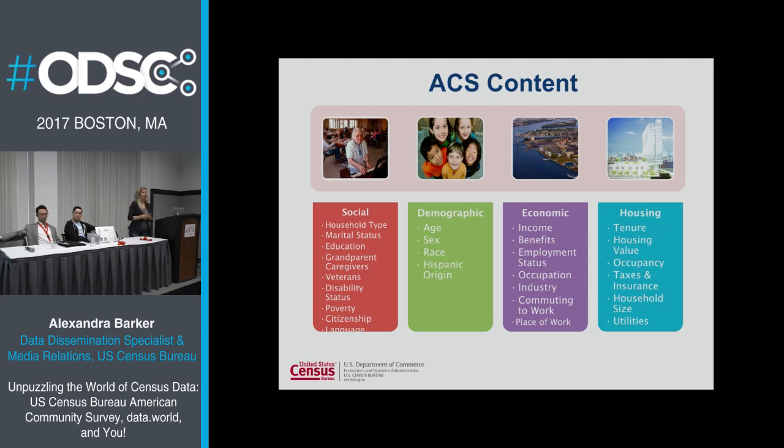So starting with the basic content of the ACS, which is divided into social, demographic, economic, and housing. It's a good point to know what's there. These are just the basic topics. Within each topic, you see more variables associated with it. So the best way is really exploring our website and learning about the ACS. That way you don't spend like 8 hours reading documentation, trying to figure out if reading literacy is there, when it may not be, and you just learn that after reading. Going to, especially, American FactFinder can tell you right away what variables are available or not available from the ACS.